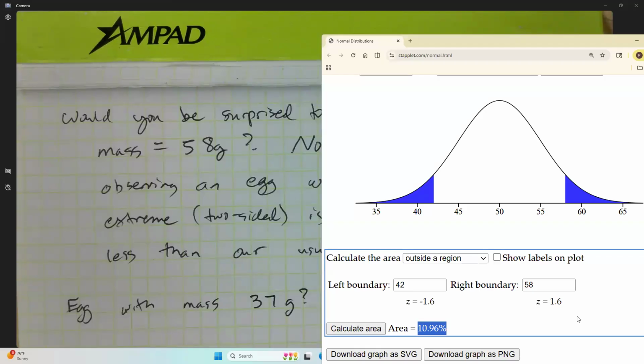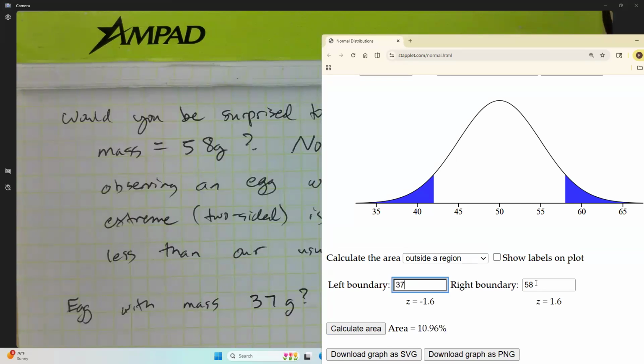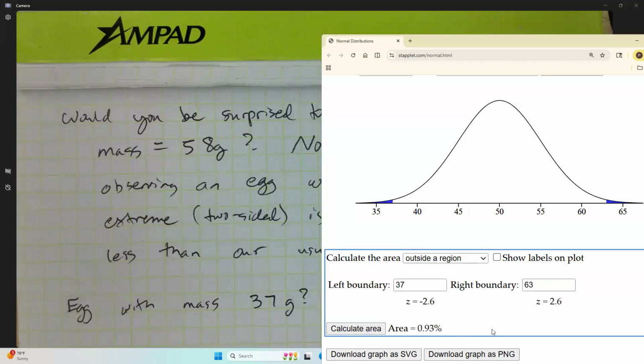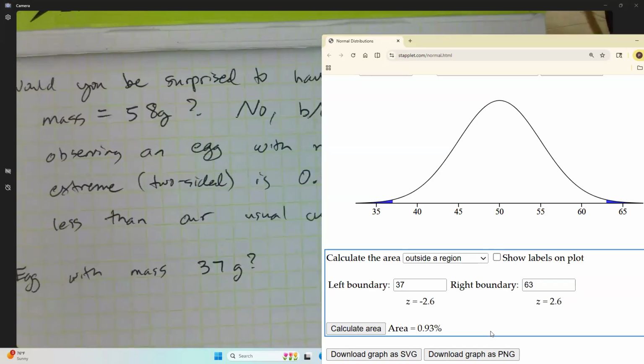Yeah, so because we're using normal distributions, we get to use this 2 standard deviation shorthand, and 37 is not within 2 standard deviations. If we wanted to check our two-sided probability, that's 13 below, so we want 13 above. That's only a 1% chance. Only 1% of chicken eggs, on average, are 37 grams or less, or 63 grams or more. And that's the definition of surprising, is you only see it 1 out of every 100 times, so you'd be surprised. Yeah. So I would say here, yes,